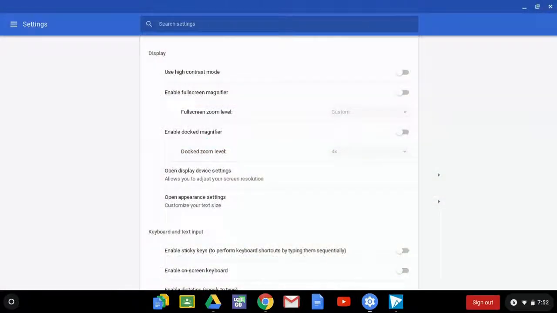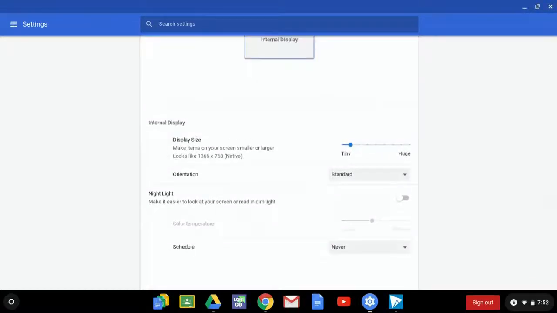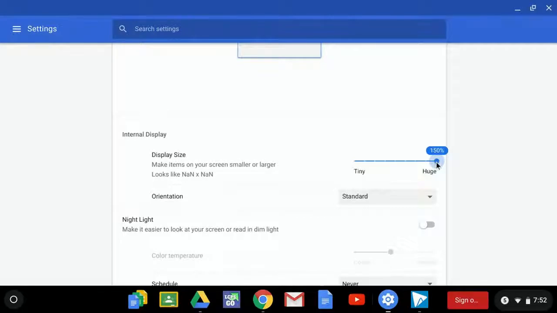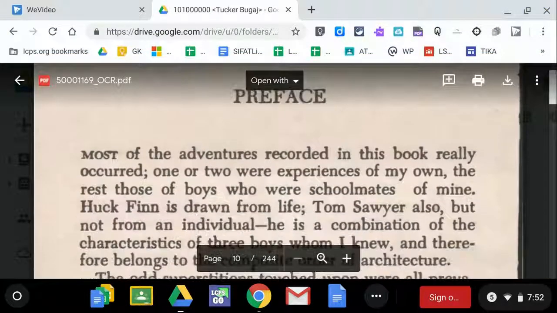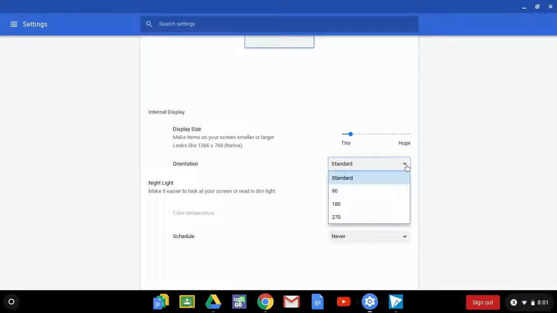display. The screen resolution of a display can be changed by selecting Open Display Device Settings. Change the display size to make items on the screen smaller or larger. The orientation of the display can also be adjusted here, which rotates the display 90 degrees, 180 degrees, or 270